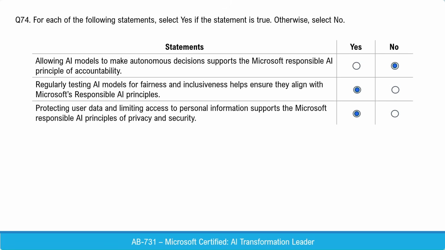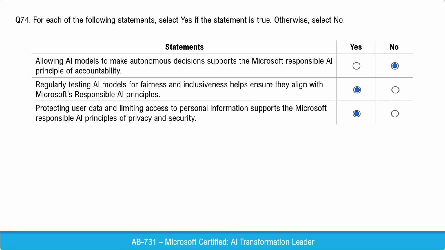Statement 2, regularly testing AI models for fairness and inclusiveness helps ensure they align with Microsoft's responsible AI principles. Well, this is correct. Regular testing for fairness and inclusiveness is a key part of responsible AI. AI systems can unintentionally introduce bias if not properly evaluated. By continuously testing models, organizations can ensure that outcomes are fair across different groups and that the system behaves ethically